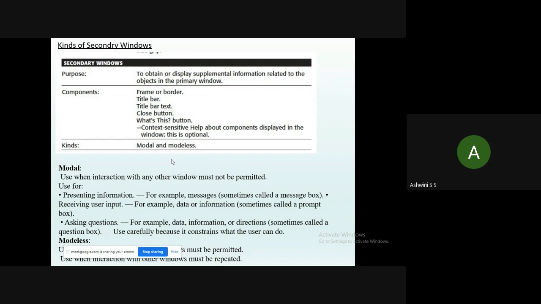It will display a box and ask you to enter the input, where there will be one text box where you have to enter the input, and you have to click on OK button or cancel button. Until the user gives the input, you cannot come out of that prompt box. That type of secondary window we call modal.